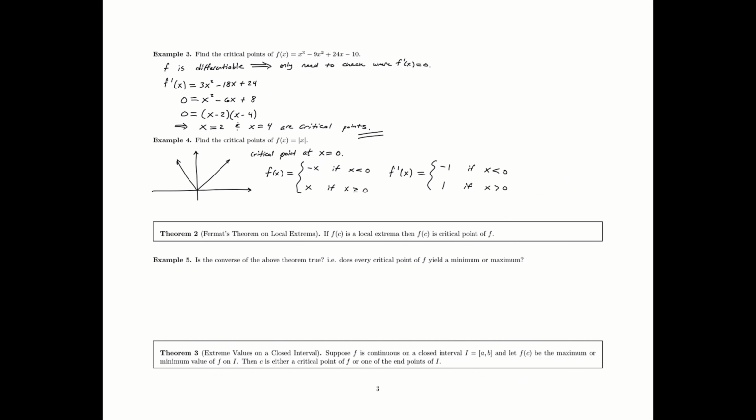the slope, the left-hand slope here is negative 1, the right-hand slope here is positive 1, but at x equals 0, the left-hand slope being negative 1, the right-hand slope being 1, they're not equal, which means the derivative doesn't exist, which means you cannot include x equals 0 here. The derivative doesn't exist for x equals 0, so you can only talk about the derivative for values of x other than 0. So in this case here, by the very definition of the derivative, you see that x